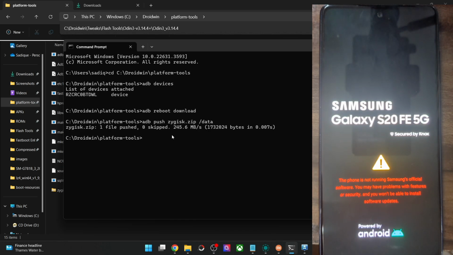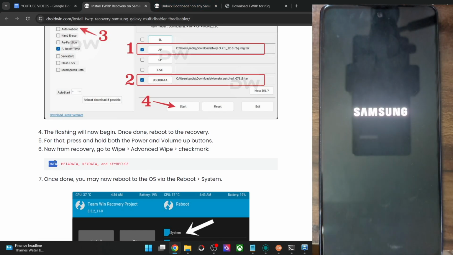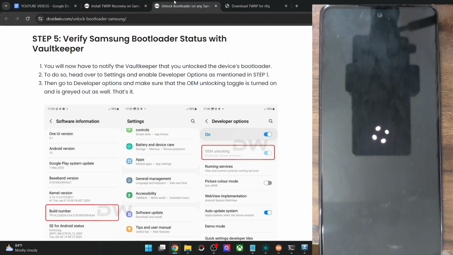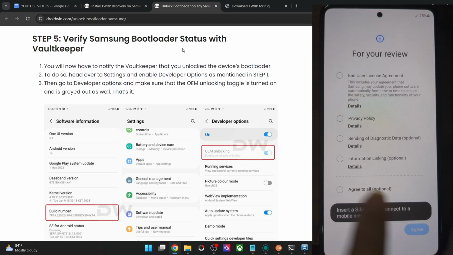Since we have wiped the data partition, as you might be aware, we wiped the data partition for the removal of FB disabler, so you will have to set up the phone from scratch. That's quite obvious, and that is why I told you to take a backup beforehand. And as you could see, we are now inside the OS, and the boot up took around 3 to 4 minutes. That was completely normal. It's just the first time delay. From the subsequent time, it will not take that much longer.